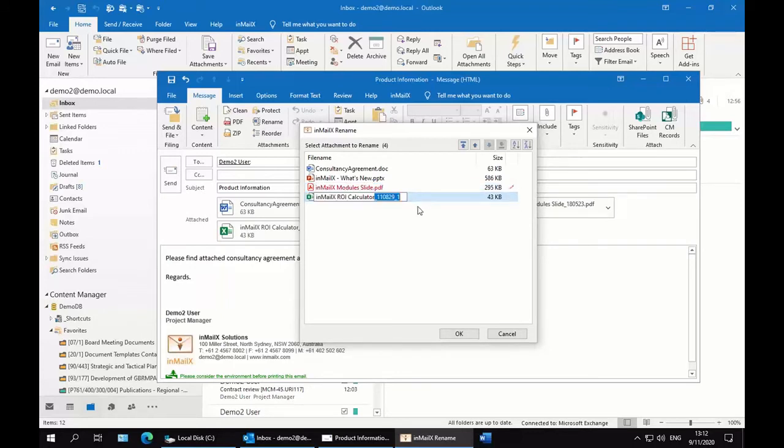After an attachment has been renamed, inMailX will show a pencil symbol next to it to visually identify the renamed attachments in the list. From the same window, you can also reorder the attachments and set the order you want them to appear in your email. To reorder attachments, you can simply drag and drop each attachment to the desired position in the list, or use the up-down arrows. Once the attachments have been renamed and the desired order set, just click OK to apply the